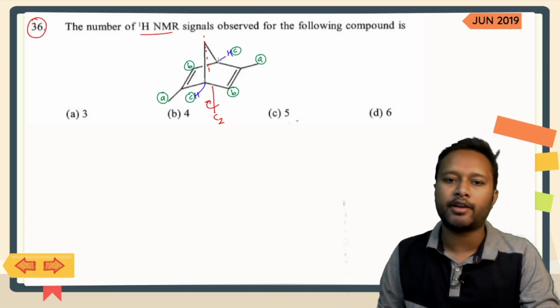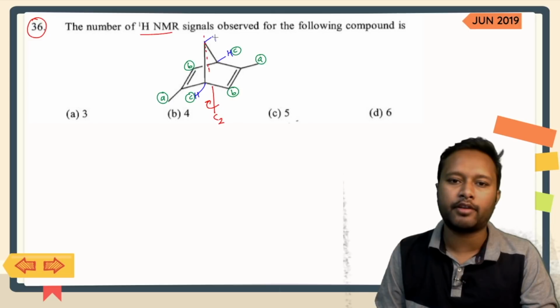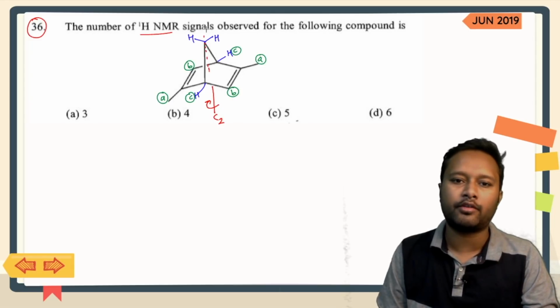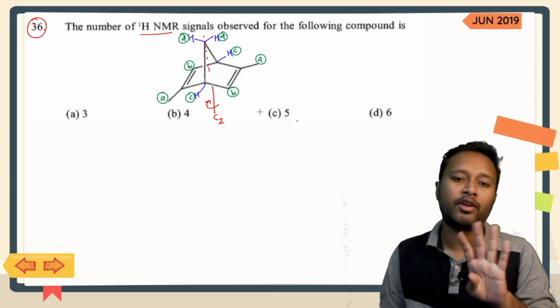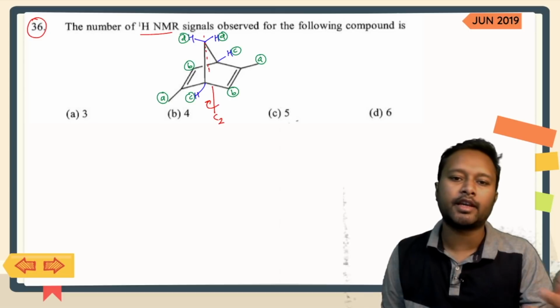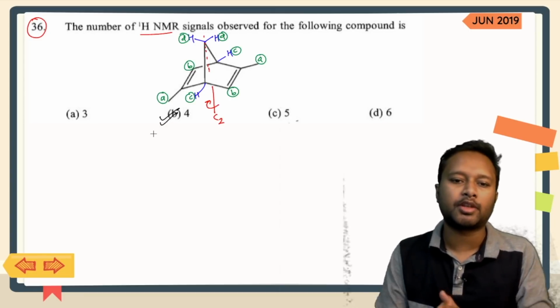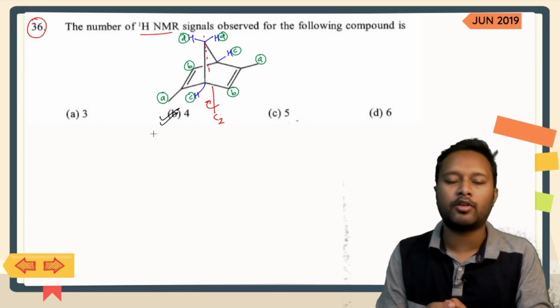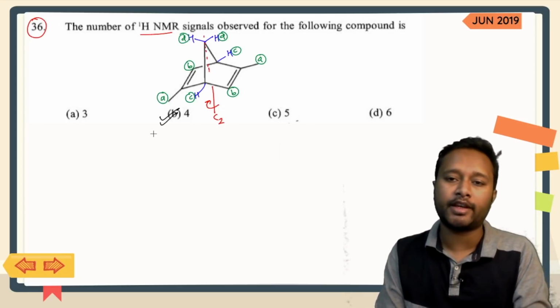So you got three types of hydrogen, and during this particular process you again have two more hydrogens on this particular position. So these are going to be hydrogen of type D, and this is also going to be of type D. So overall in the molecule you have got four different types of hydrogen. That's how you have to count based upon difference in the chemical environment. So the correct option for this question should be option number B, that is four types of hydrogen for the given molecule. Alright, so those are pretty simple. Let's look for the next question then.